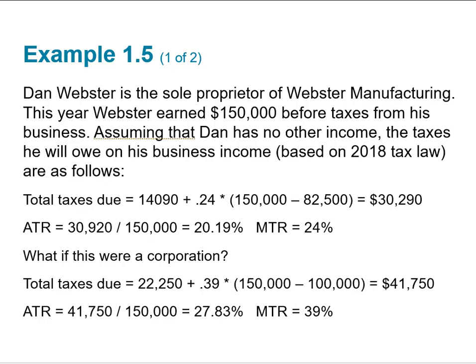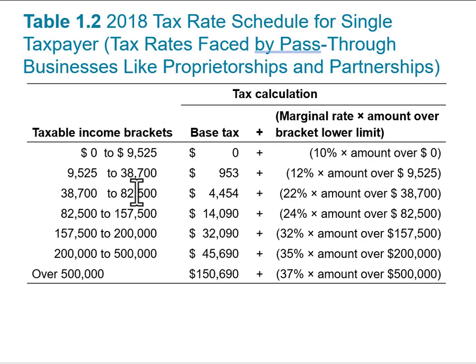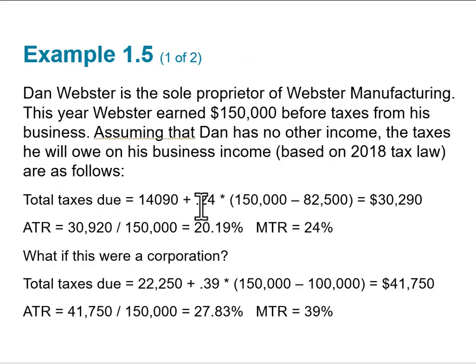So here we have Daniel Webster, right? He made $150,000. He has no other income. What are the taxes he's going to have to pay based on this 2018 tax code? So again, it's $150,000. So we go to the personal code, right? It's in this row. So it's $14,090 plus 24% of what's left over, $82,500. So here's this number, $82,500,